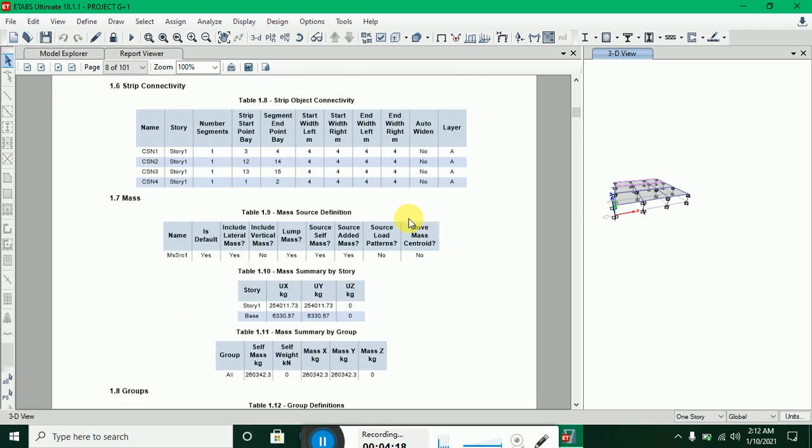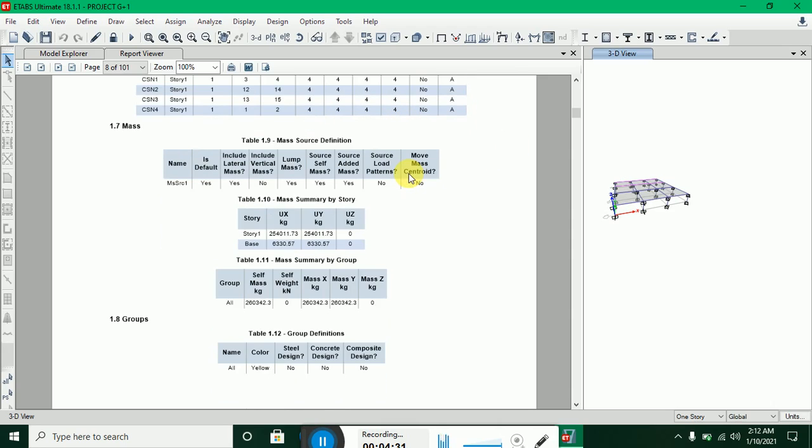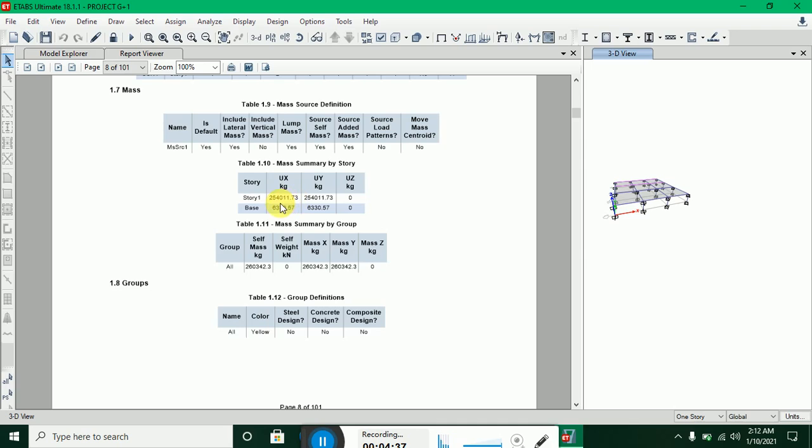Okay, now it is strip object connectivity. As we will see the strip designing in beams, in slabs. So here it is the connectivity report. It is the mass sources, it is general mass sources, mass of the data. Okay, so all over mass summary by the story 1, we can see that on story 1 our load is